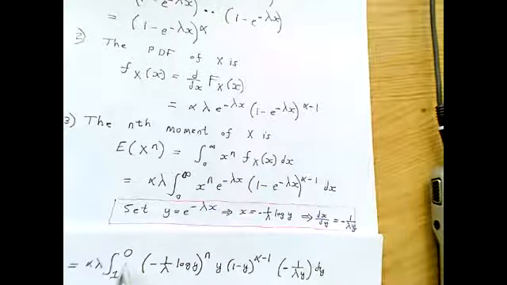And also, as you can see, quite a few things cancel. For example, the y here and the y here cancel out. And you can combine the lambda here and the lambda here. Actually, the lambda here and the lambda here cancel out, right? So what you will get,